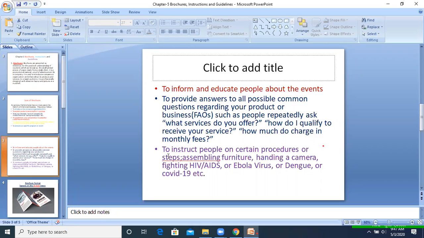FAOS, such as people repeat how do I qualify to receive it procedure or steps assembling this was